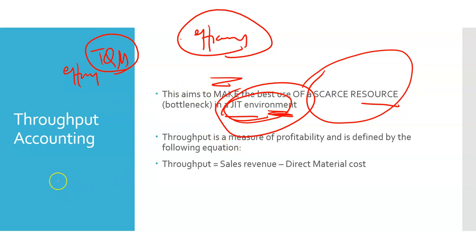So, once upon a time, you might remember the idea of contribution. Sales revenue minus variable costs equals contribution. This is nothing new. Now, what throughput is really arguing is that, in reality,